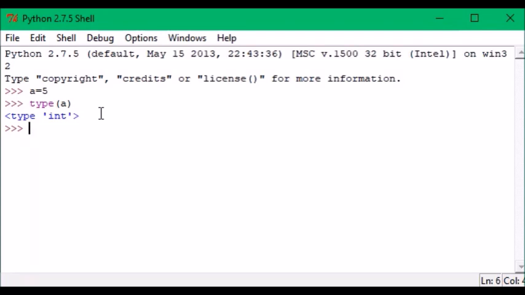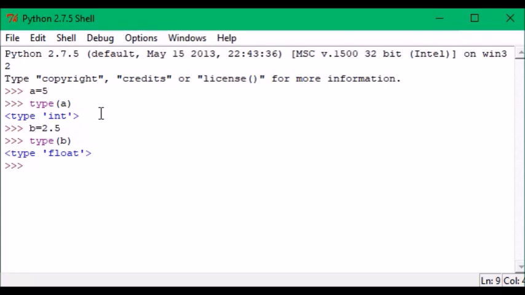Okay, so likewise you can type b is equal to 2.5, and you see that the next command will come, and you can type type b and hit enter. You can see that it's of float type.